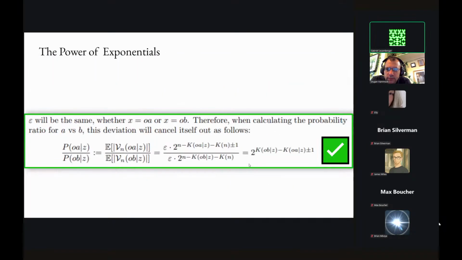This is the important result, which says that the probability ratio between two predictions, for instance, A and B, let's say you have a prediction A and a prediction B, and O here denotes the past observations, and Z is just the independent variables. They are optional. You can also leave them out. And the ratio here will ultimately be given by the Kolmogorov complexities of A versus B, which you can see at the end of this equation.